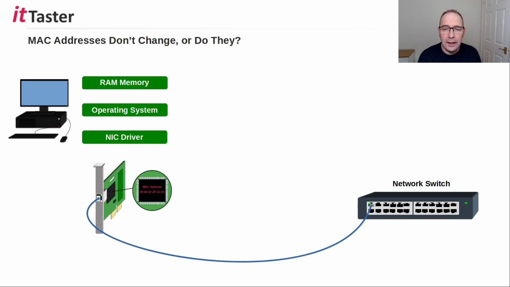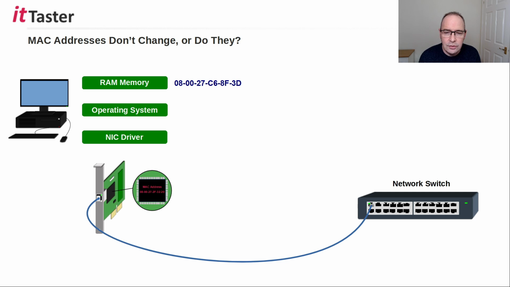The real physical MAC address is permanently stored in the network card's ROM chip right here. Now, as the device starts up, the real physical MAC address is loaded into RAM and stored there. Now, RAM is like a blank canvas, but it's a blank canvas that can be very easily painted over. And this means that it's just a case of changing the MAC address stored in RAM. And this can be done with very little difficulty, either by using the operating system's built-in tools or one of the very many security tools available out there.